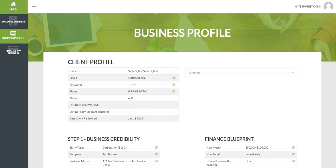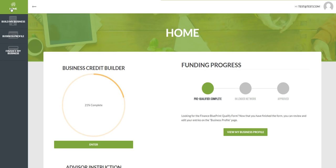So again, the Finance Suite's the most comprehensive solution in the world today when it comes to getting money for your business. You could build credit for your EIN quickly that's not linked to your SSN regardless of personal credit quality, while also accessing all legitimate types of financing, giving you the ability to get money for your business and credit for your business and be able to get money at the best terms because you have a business credit report and score built. Whether you know this or not, lenders do look at your business credit report. The same as if you apply for consumer credit, they're going to look